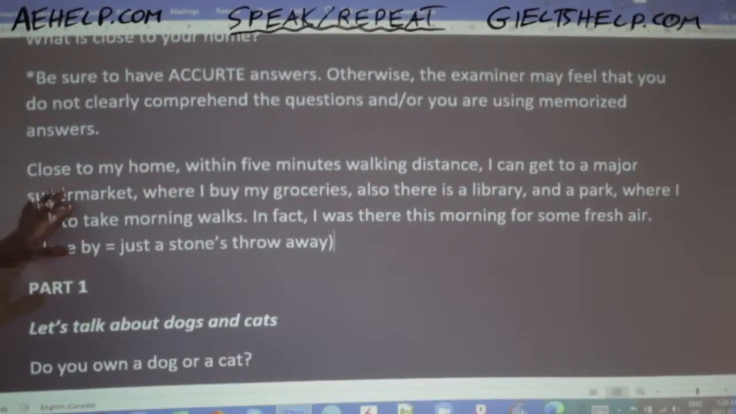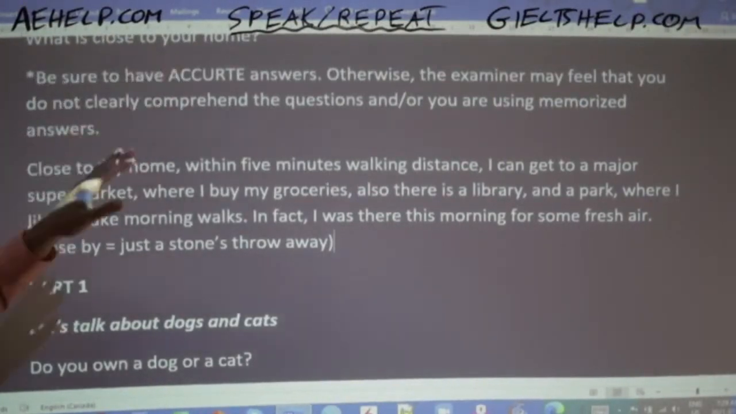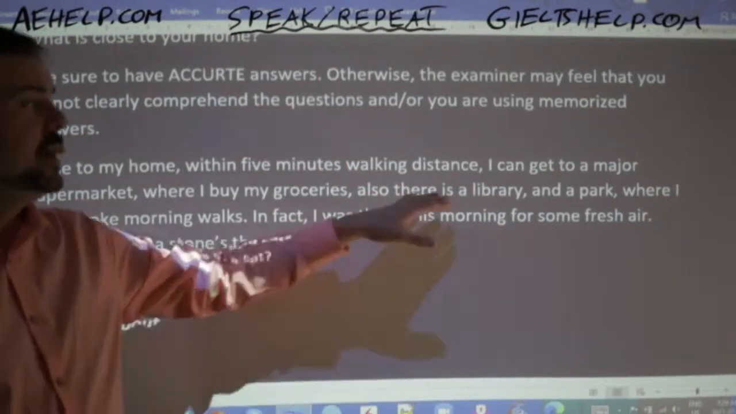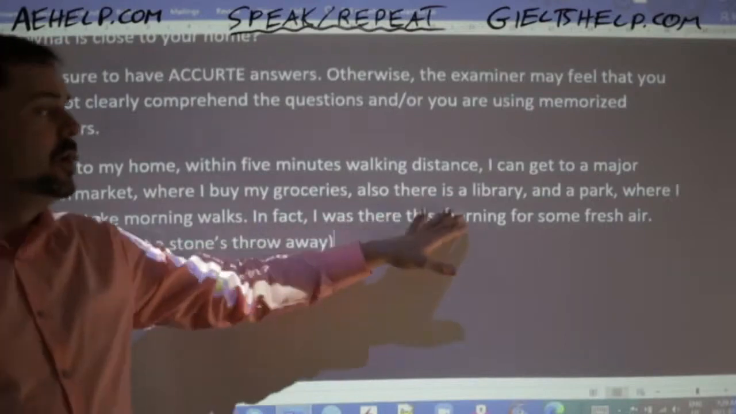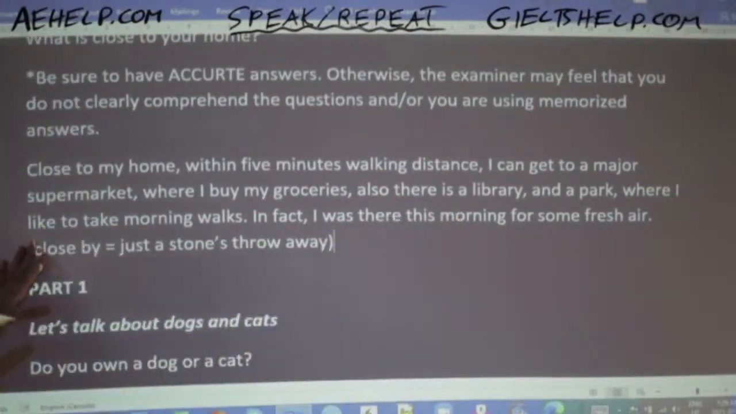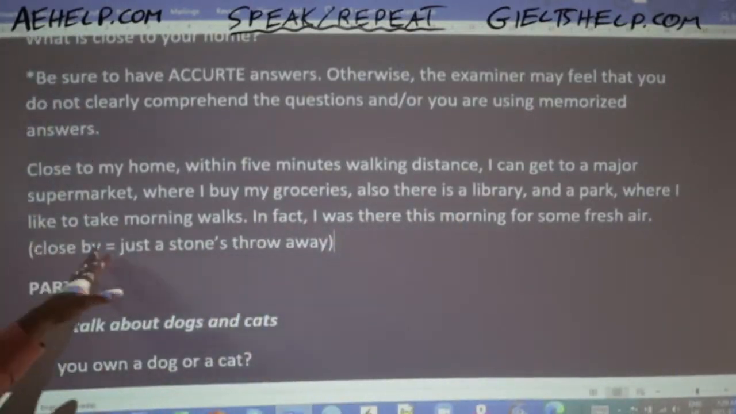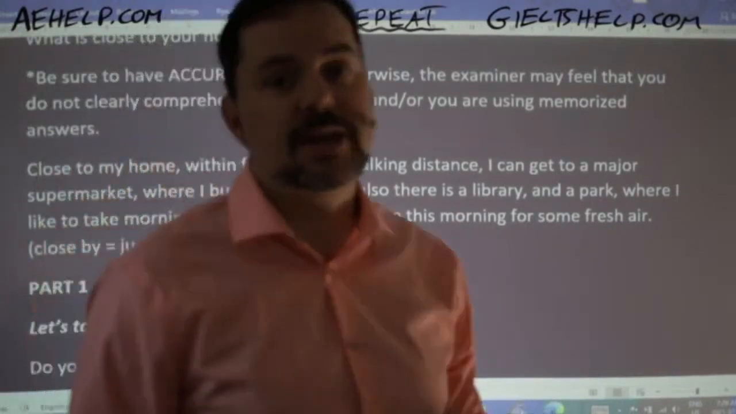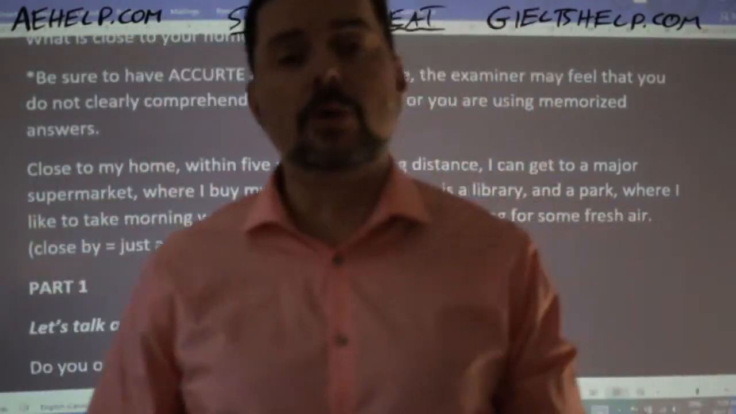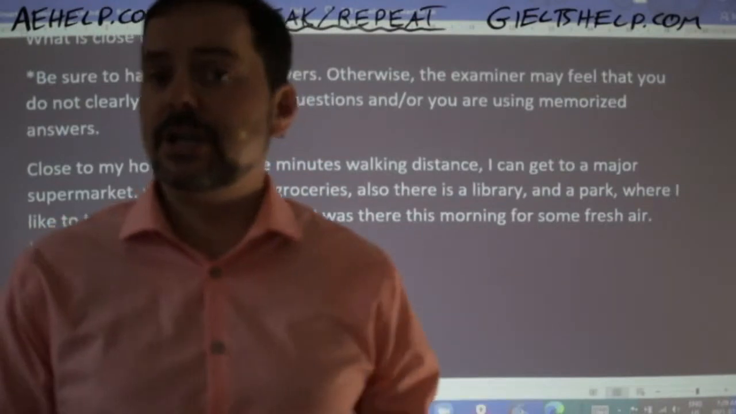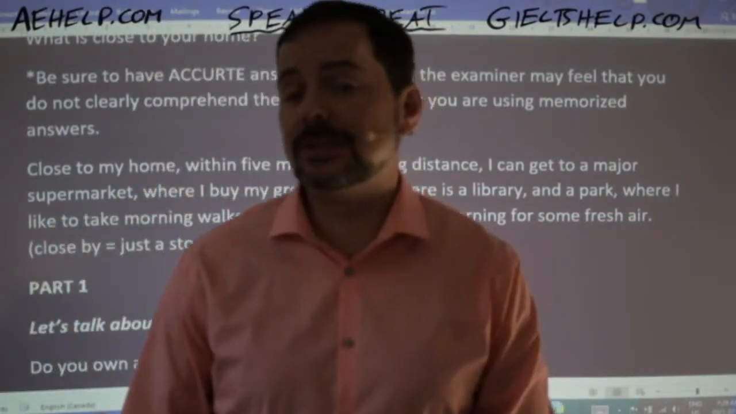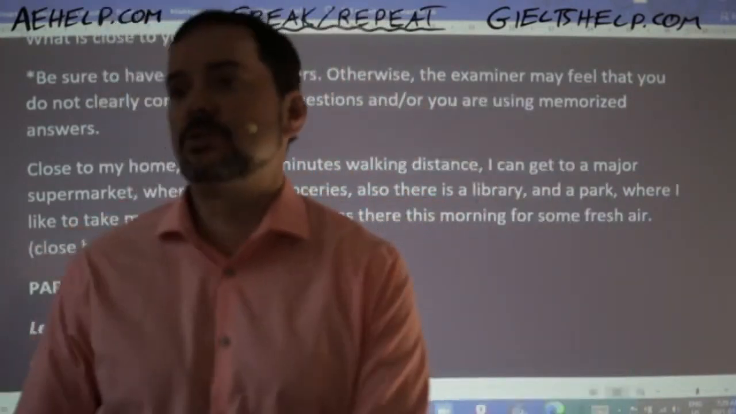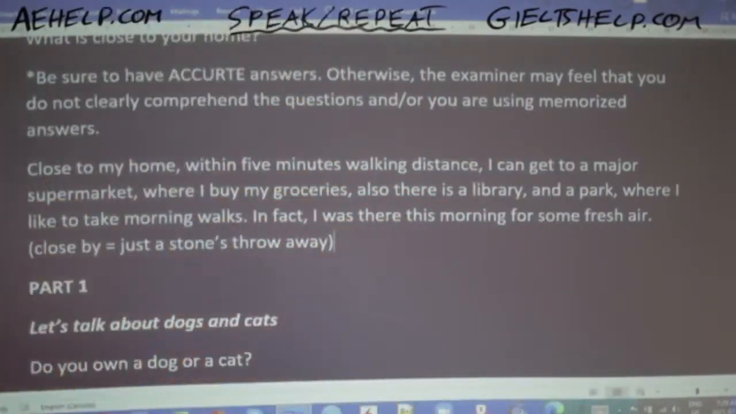So one more time, what is close to your home? Near my home, just a stone's throw away, I can get to a major supermarket where I buy my groceries. Also, there's a library and a park where I like to take morning walks. In fact, I was there this morning for some fresh air. Good. Now you're on a roll. Now you're showing fluency, clarity, complexity, accuracy. These are really what are needed to get those high band scores. Okay? All right. And then